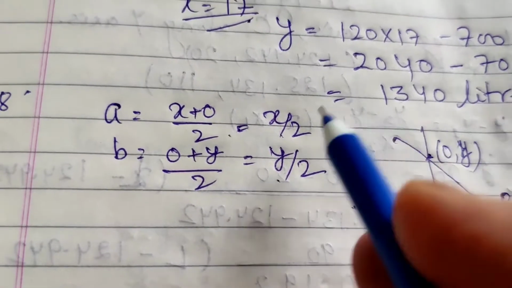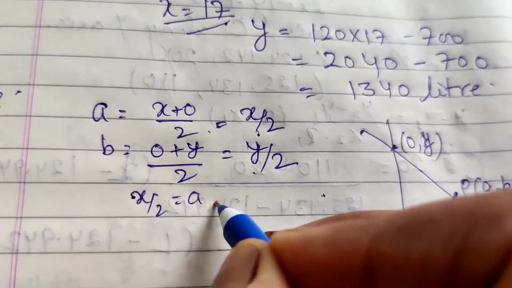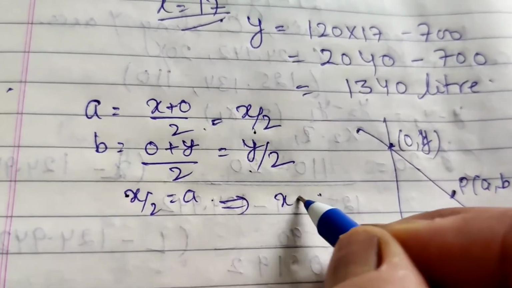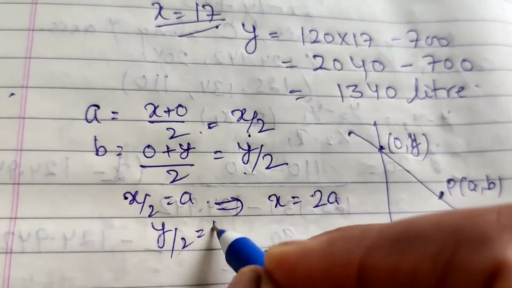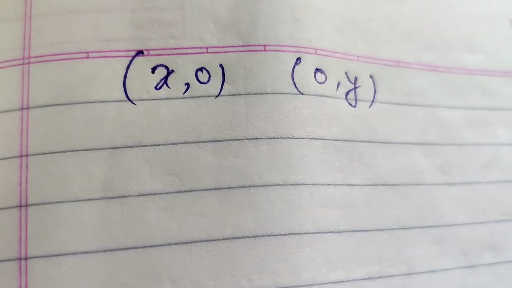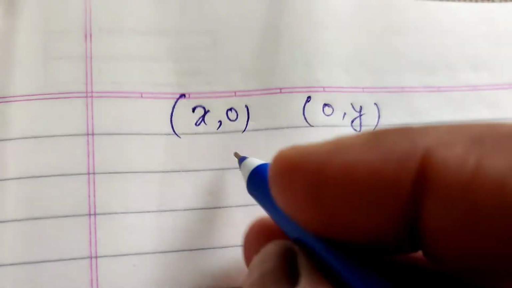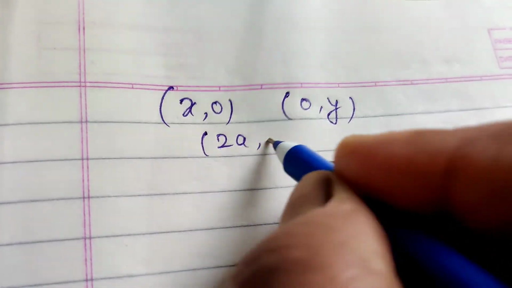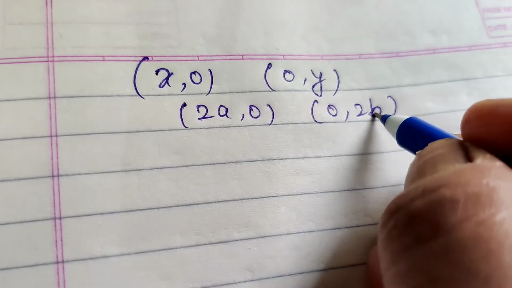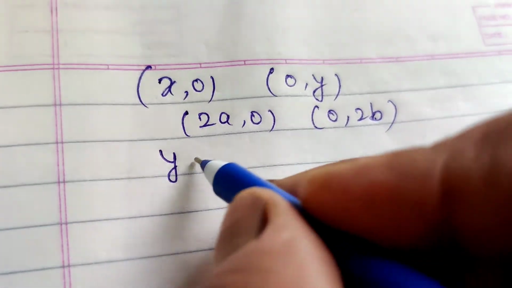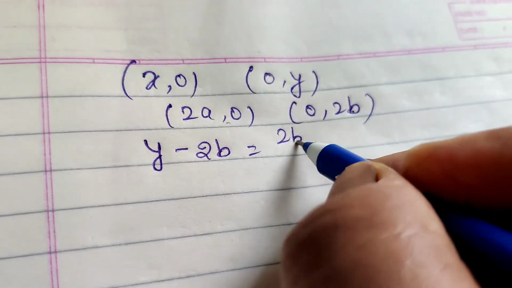Now the points become: x by 2 equal to A means x equal to 2A, and y upon 2 equal to B means y equal to 2B. The points are (x, 0) and (0, y), so the points are (2A, 0) and (0, 2B). A line passes through these 2 points: y minus 2B equals (y2 minus y1) upon